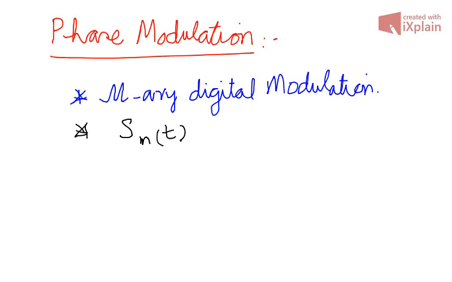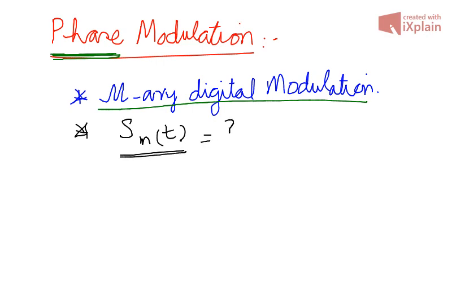Today our topic is phase modulation, and we will actually see the signal waveform which belongs to this M-array digital modulation scheme, and actually the phase of the signal or the phase of the waveform differentiates between the signals. So we would actually see the M waveforms, or Sm of t. We will see its mathematical expression,